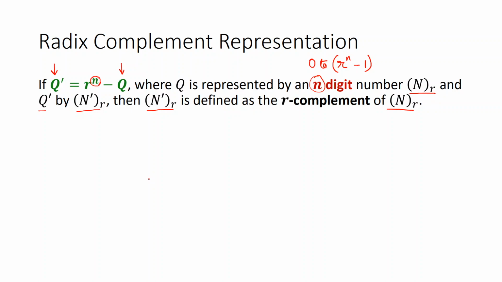Okay, so there will always be a quantity q dash for any quantity q, which can be represented by a number of this nature, an n digit number in radix r, that you can obviously understand, and this relationship is quite unique. For a particular q, a q dash will come up, and for a new q another q dash will come up. So this is a one-to-one relationship.